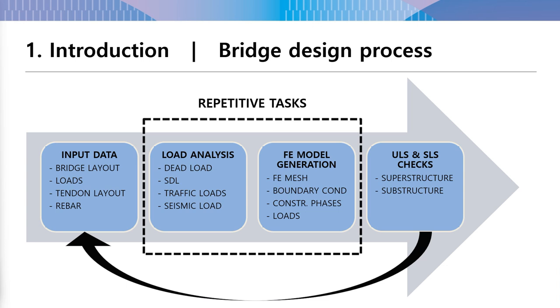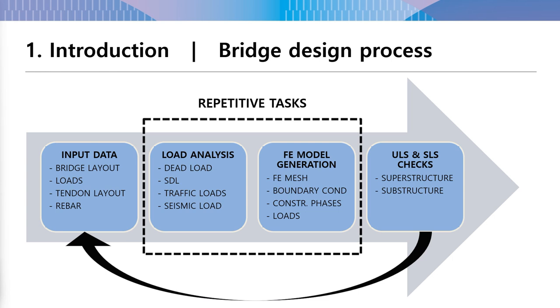With input data defined, we continue with the next 2 steps. We perform load analysis and we generate our FE model. During the FE model generation, we need to generate our finite element mesh. We need to apply boundary conditions. Maybe we need to define our construction phasing data, and we need to apply loads that we have previously analyzed. After that, we perform structural analysis. We obtain structural analysis results, which we then use in the 4th and the last step to perform ULS and